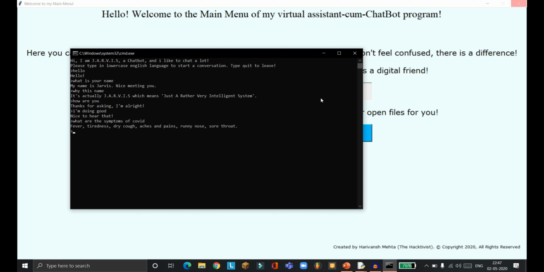Fever, tiredness, dry cough, aches, pains, runny nose and sore throat. Okay, that is good. And also COVID tracker it can give. So you can just copy out this link and paste it in your browser to view. Something on how to protect from COVID: stay home and follow all these guidelines.